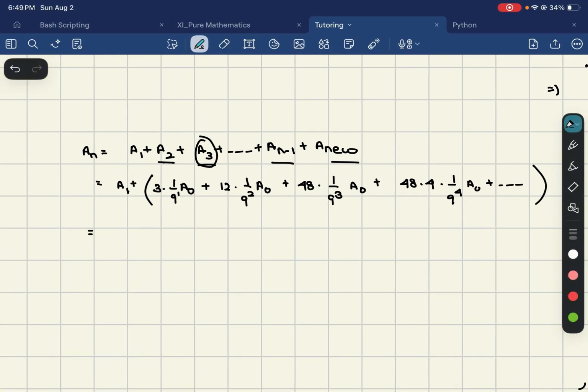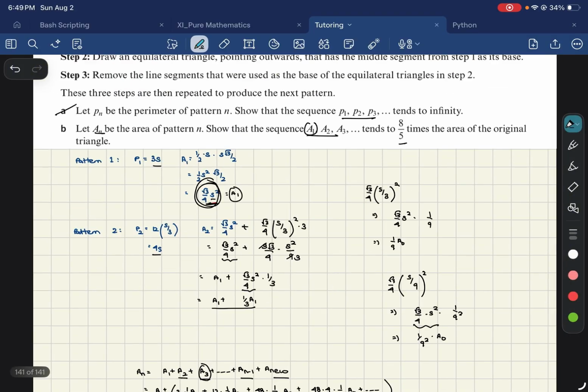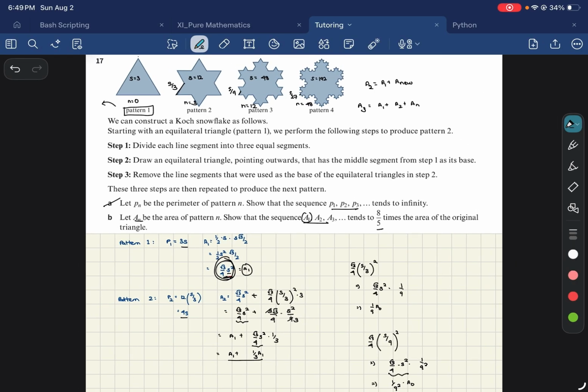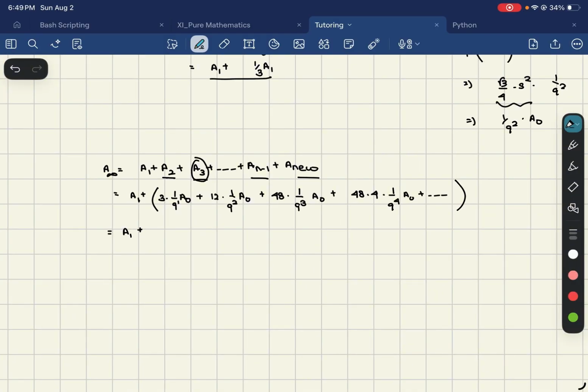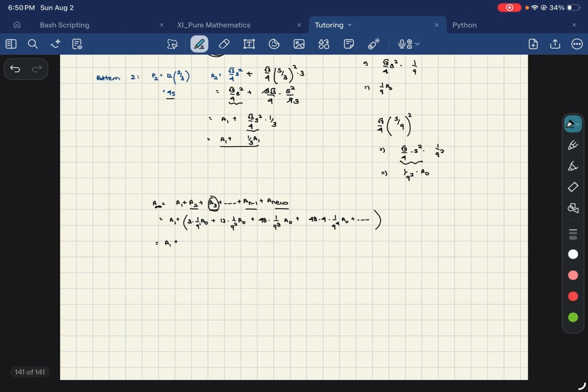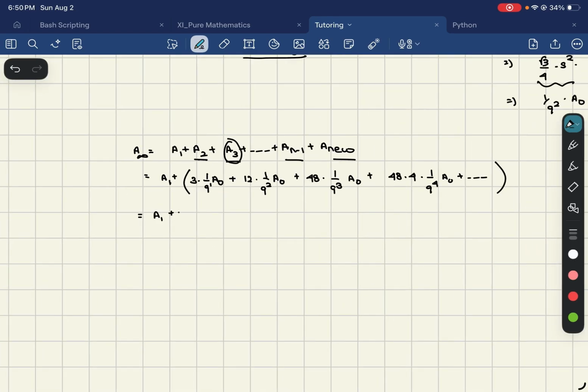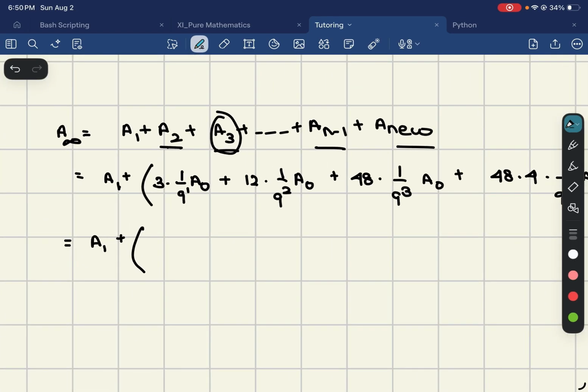All right. So A1 plus, and basically we extend this to infinity. So we're not stopping at n, we are extending this to infinity, right? So we consider the pattern up until infinity. So let's look at this. I'm going to keep the first thing as it is, but the second thing, I can write it as 3 times 4 over 3 squared. The third thing, I can write it as 3 times